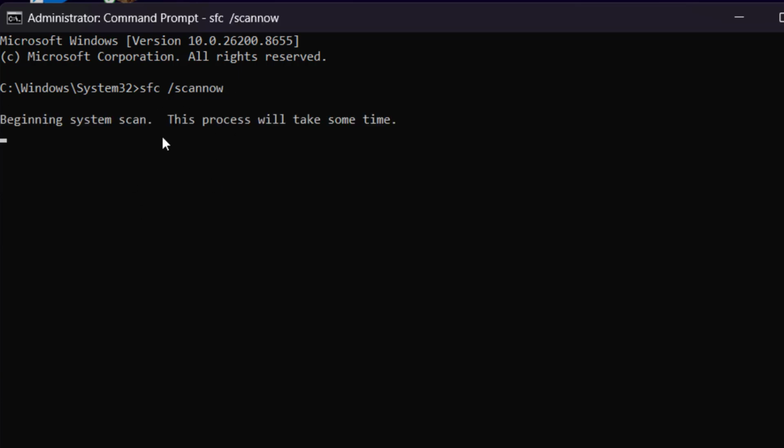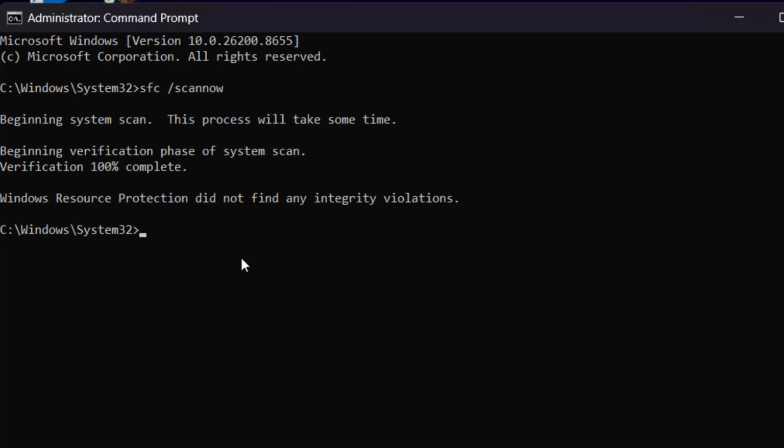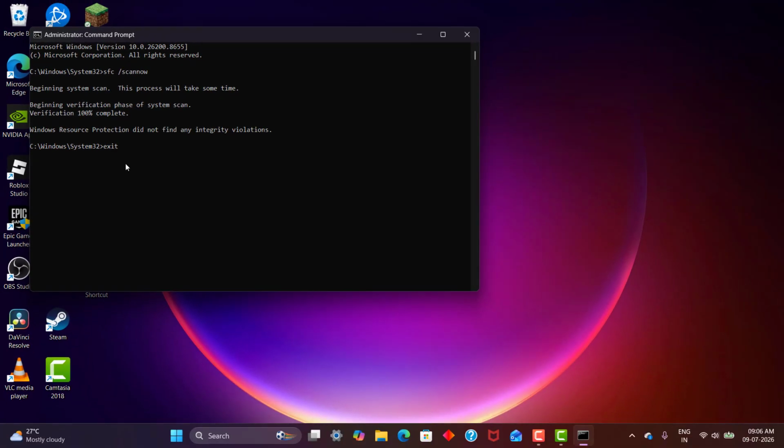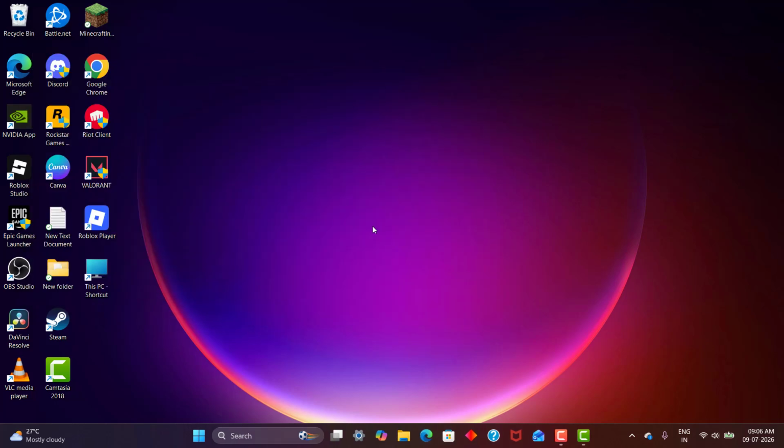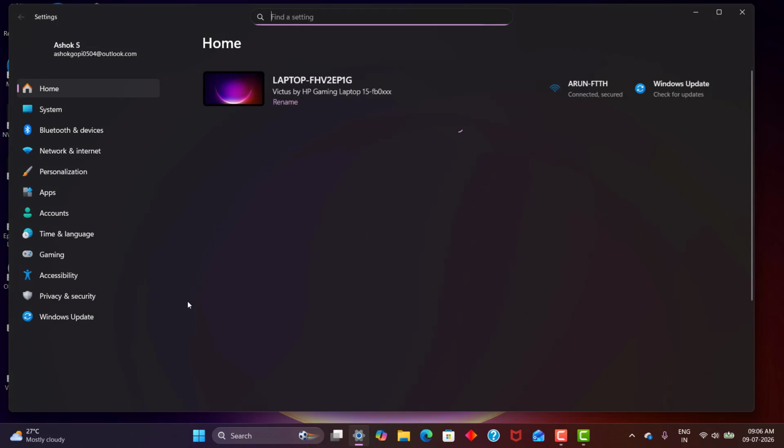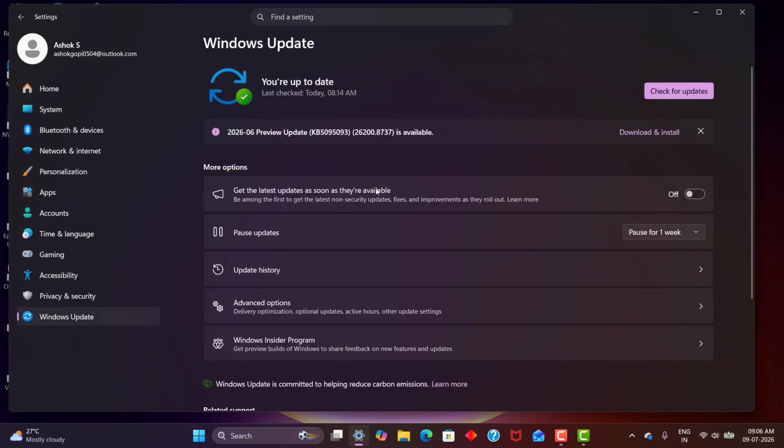and wait for some time because it takes some time to actually verify the files in your drive. If there is any corrupted file, it will rectify it and remove it, and it shows here there is no corrupted file available. After that, exit it. And the last and final step, you need to open up settings, click Windows Update and